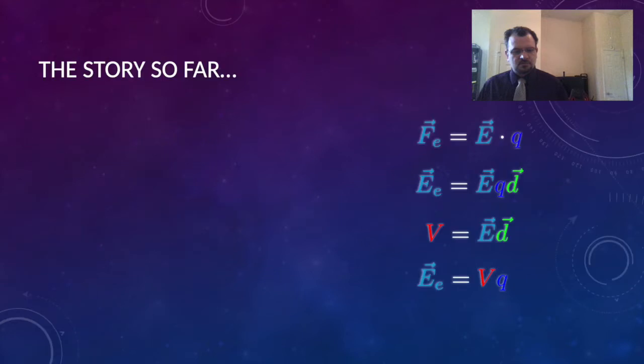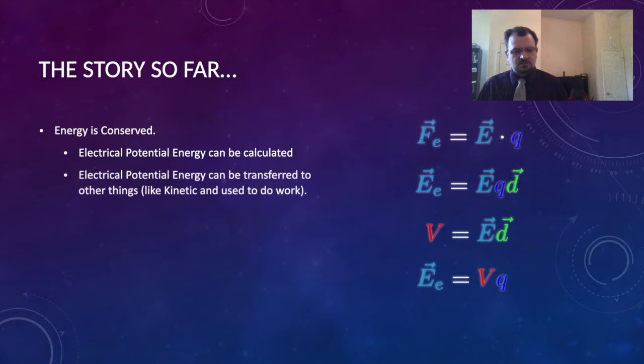Over on the right, you see all the equations that we've learned so far, and we've learned that energy is conserved, and we can use that conservation of energy by first knowing how to calculate the electrical potential energy. And then we know that that electric potential energy can be transferred to other things. Some of the examples that we've done so far is moving that into kinetic energy. So having some charged object that has an electrical potential energy, then converting that to kinetic and finding out how fast it's going. But we can also use that electric potential to do work, and that's what we do most